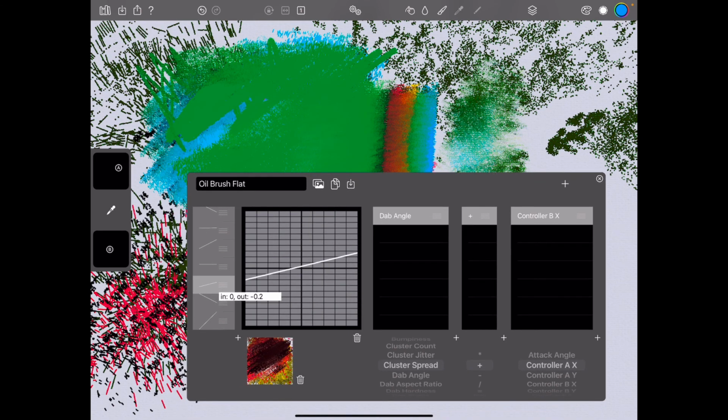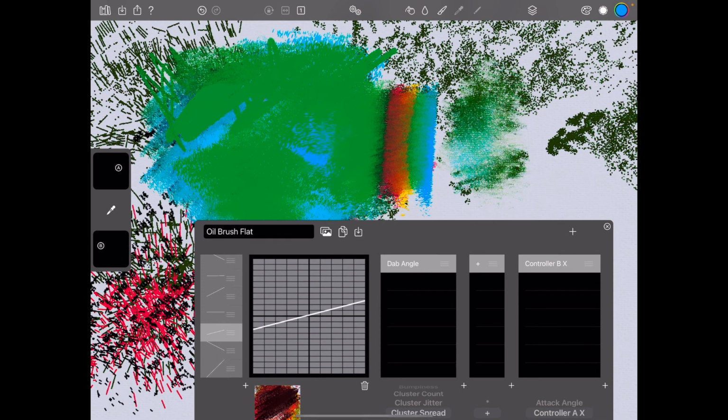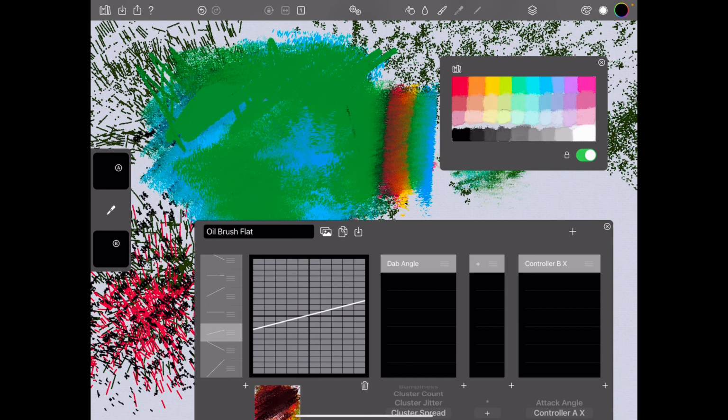I'm adding and subtracting at roughly 0.25, which ends up being in radians. I think that's 90 degrees. Yeah. So that way you can take your brush, let's make it a little smaller,